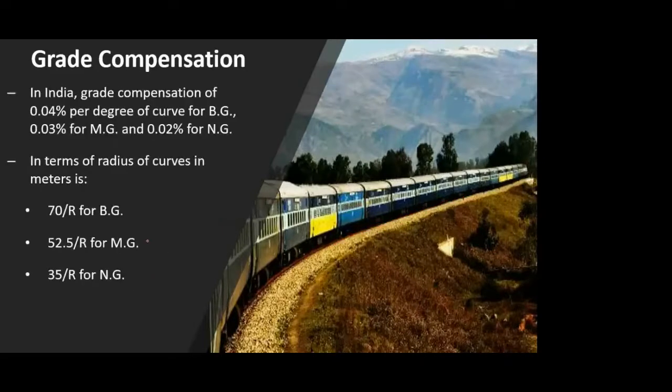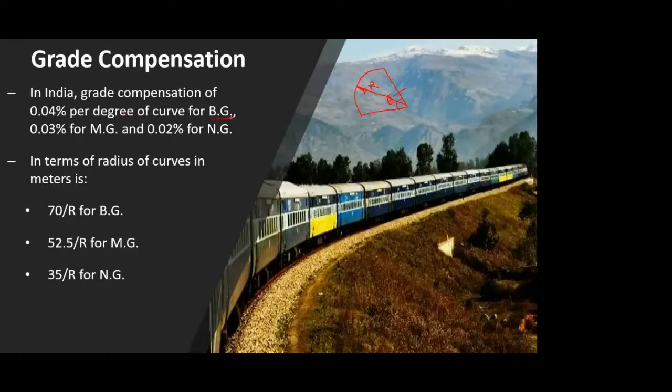And we calculate it by some formula. For Indian Railways, there are two ways of determining it. Either you provide grade compensation as per the degree of curve. Now you all know that a horizontal curve is a part of a complete circle. So whatever the curve is, it will have some subtended angle theta at the center. If you know the radius r of the curve, and you also know theta, either of the two, you can find out how much grade has to be compensated.